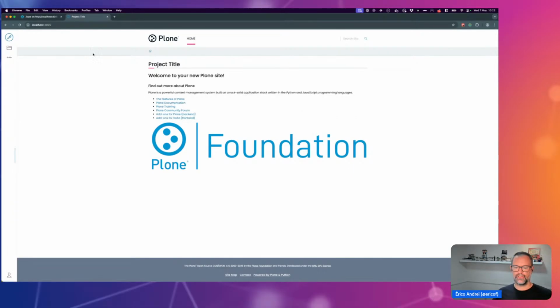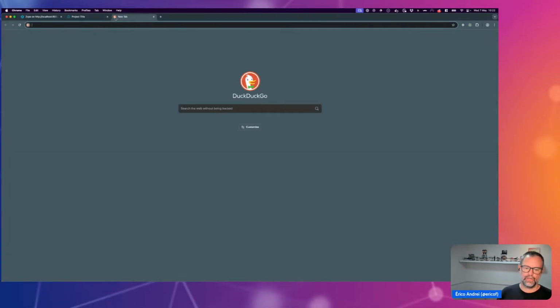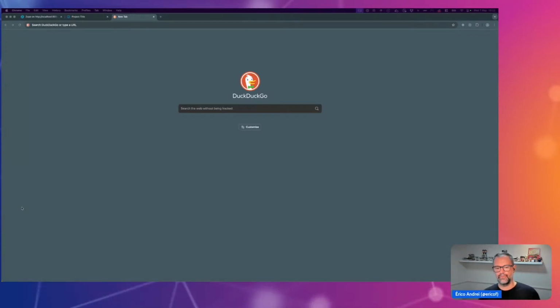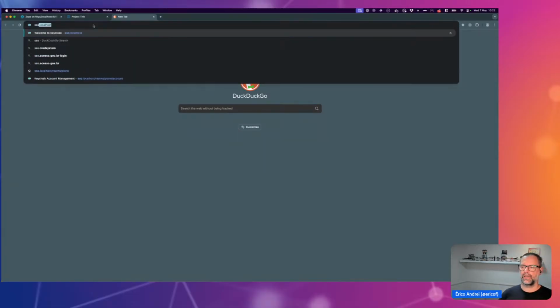But I wanted to show you something, right? Keycloak has one benefit that I would say is awesome when you're dealing with, for instance, Plone.org, right, Fred? Fred, for those who are not aware, this is Fred. He's the leader of the infrastructure team or admin for Plone. And we were discussing using Keycloak. He already has something midway. But in here,